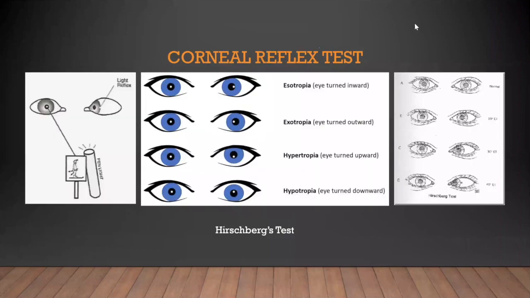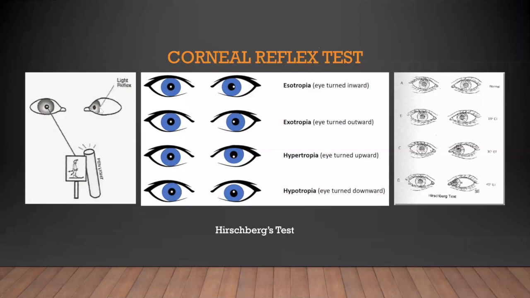So what is a corneal reflex test? As the name suggests, you're looking at the reflex of this pen torch light falling on the cornea. This is essentially looking at Purkinje's images. And what we see is there is one reflection which is at the center. This is usually done at near, at about 14 inches. The right eye is showing this white reflex at the center. However, the left eye is showing this reflex towards the limbus.